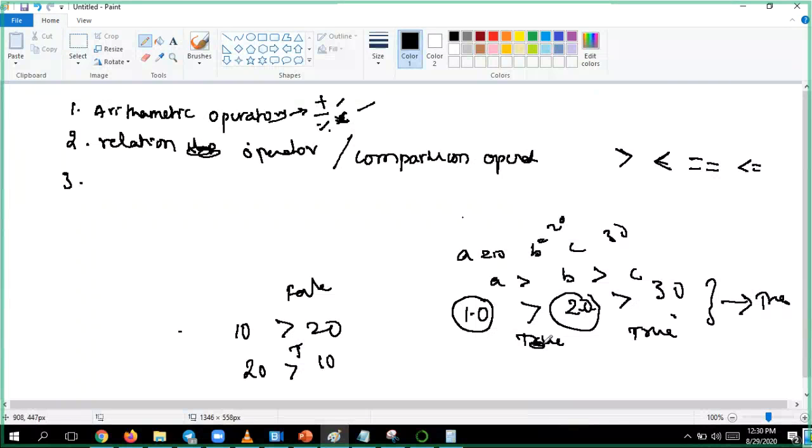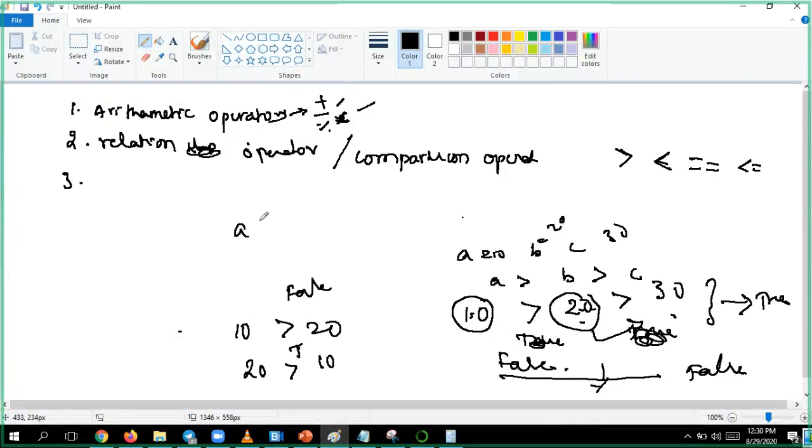If that expression is also true, then it will return the entire expression as true. Unlike here, 10 greater than 20 returned false. The expression doesn't even move to the next step. It will immediately return false on the screen. Why? Because if a single thing is false, there is no need to execute the entire thing.